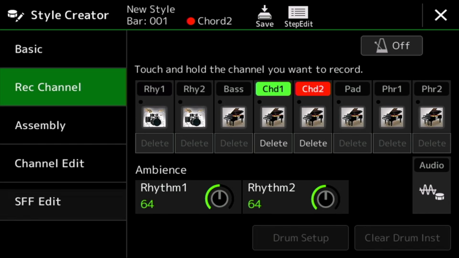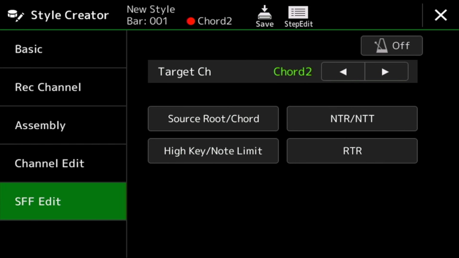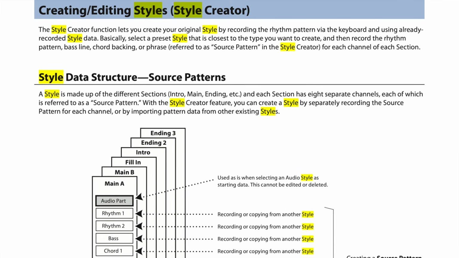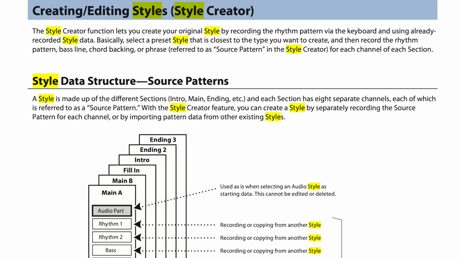When we select a source root chord, each selection comes with a recommended set of playable notes to ensure that when we record our pattern and play it back later, not only will the correct chord or pattern play, but we'll be giving the Genos the best chance possible of transposing all of the notes correctly when we make chord changes. On the last video, I mentioned about having a set of notes by my desk to help me when